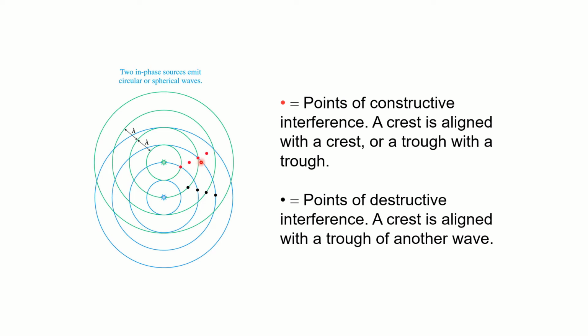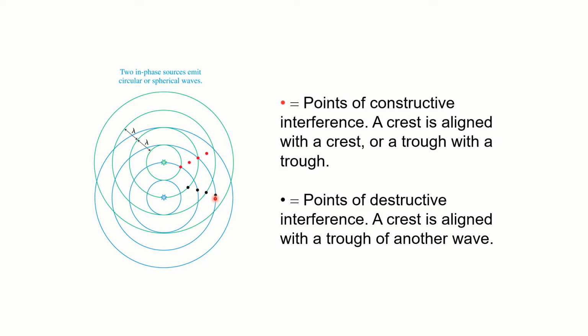Well, you end up with these cool little nodal and antinodal lines where if I'm standing, say, on this red dot, I have a crest from both sources lining up. So that's going to be maximally constructive interference. If I'm in between those two lines, I'm at a trough for both of those waves. And this sort of defines a line of maximally constructive interference.